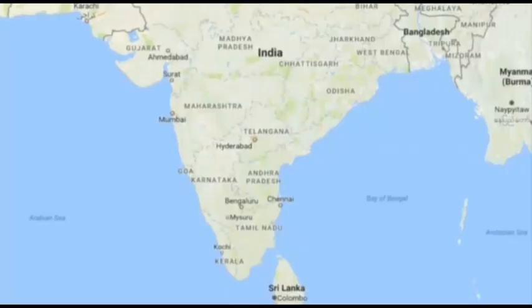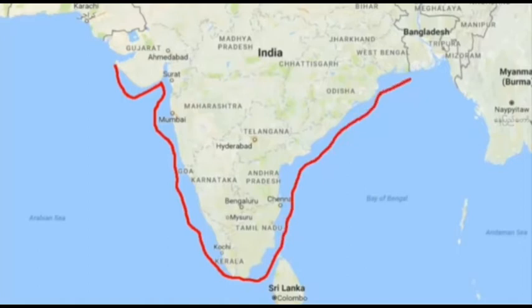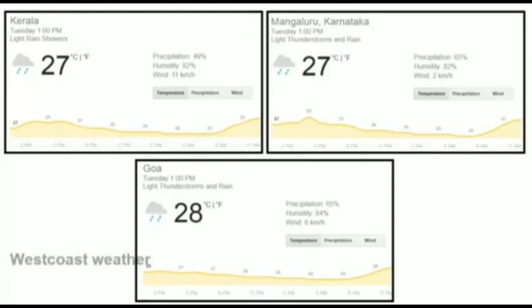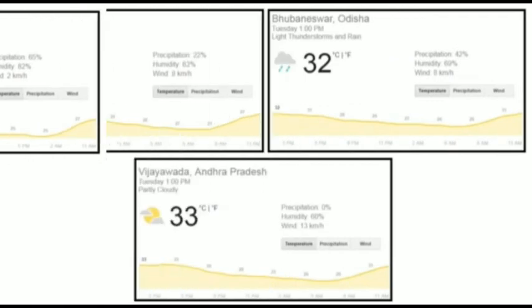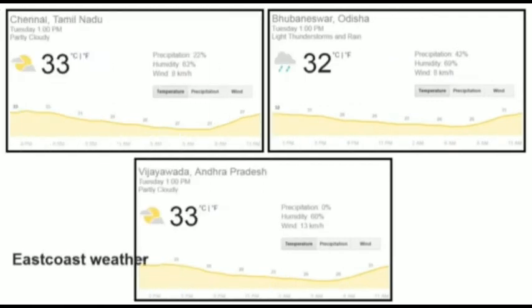The fourth factor is distance from the sea. If you are residing in the coastal areas, you will notice there is hardly any change in the weather conditions. You will constantly face the wind from the sea. There is not much difference in temperatures.